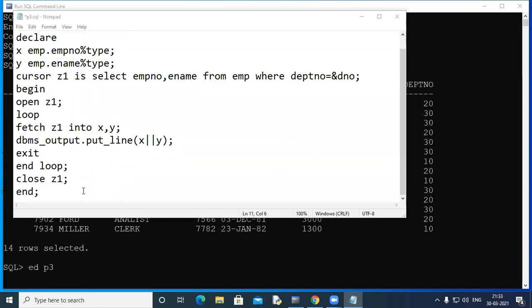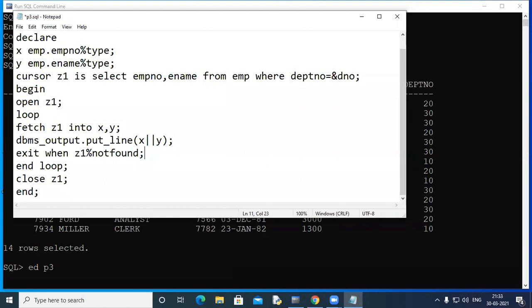So you see, I'm going to write something here which would make things clear. There is an exit when statement. So exit when Z1 percentage not found. That's it. So I'm saying fetch the rows, display the data, and exit when Z1 percentage not found, which means that the cursor Z1 is not finding any more rows.